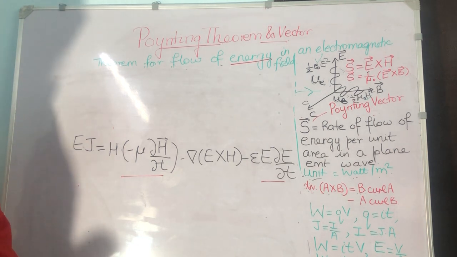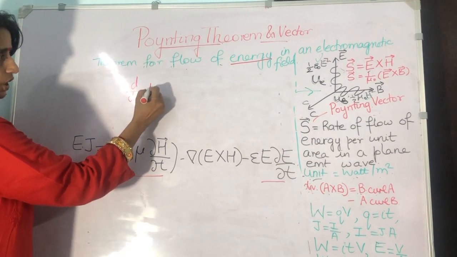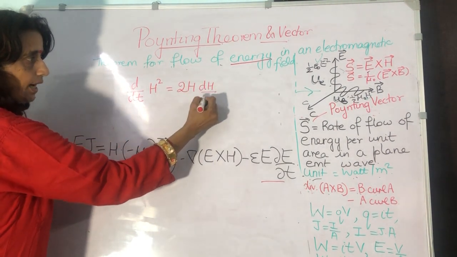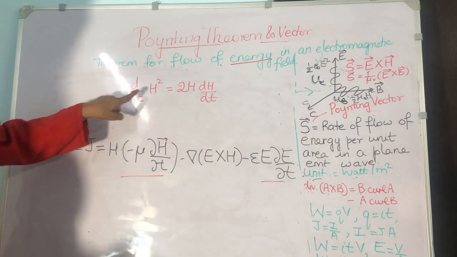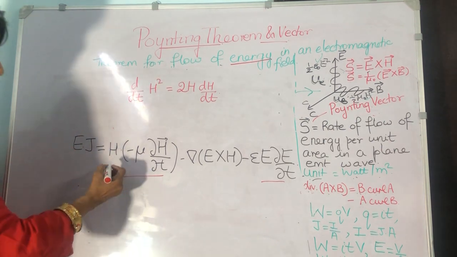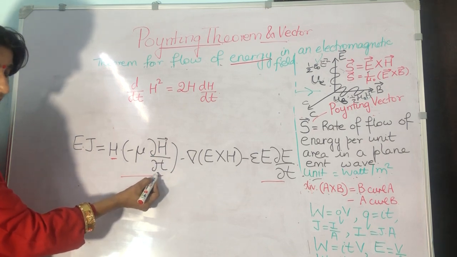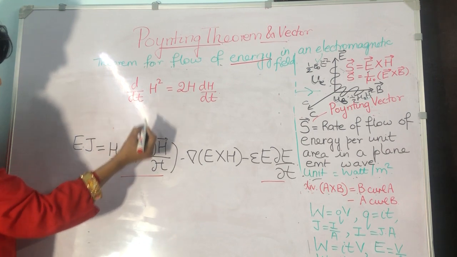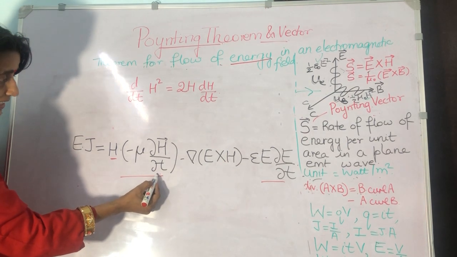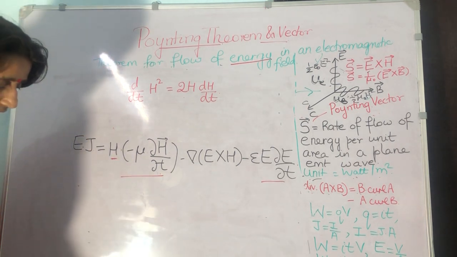For this, we will be using the mathematical formula that d by dt of h square is 2h dh by dt. D by dx of x to the power of n is n x to the power of n minus 1. So, if I get this h here and already I have a dh by dt here, I can write it as del h square upon del t. This will give me this only when I differentiate it. So let us play this trick.